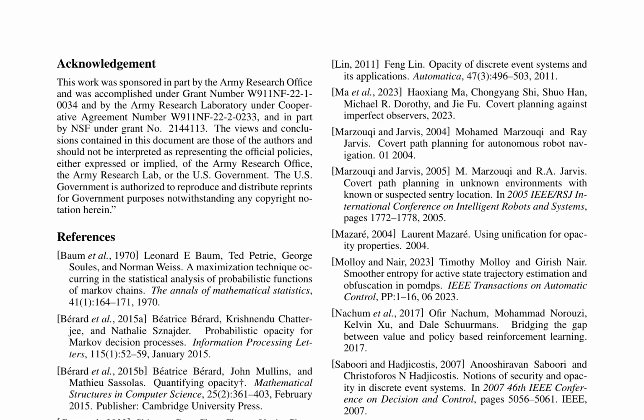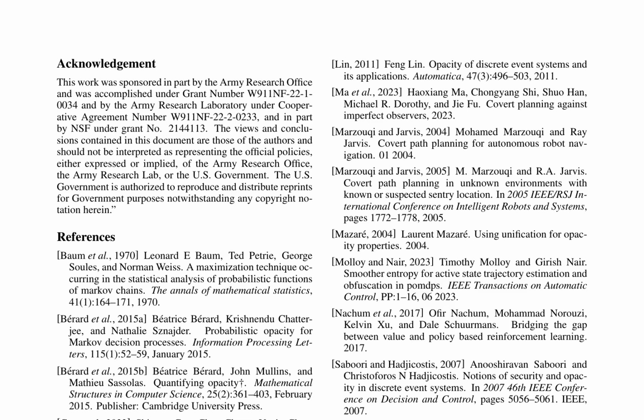The proposed algorithm is evaluated on a stochastic grid world example, where the goal is to optimize the last state opacity and initial state opacity. The results show that the algorithm converges to a solution that satisfies the constraint on the value function, and the conditional entropy approaches its maximum value. The algorithm outperforms a baseline algorithm for entropy-regularized MDPs, which maximizes a weighted sum of the total return and the discounted entropy of the policy.